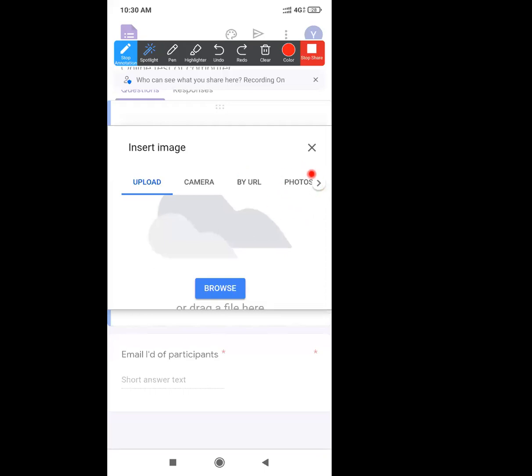If you want to add an image in between the questions, just click on that image option and you can add any image in your Google form.